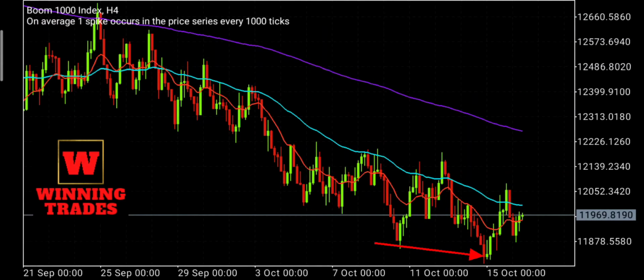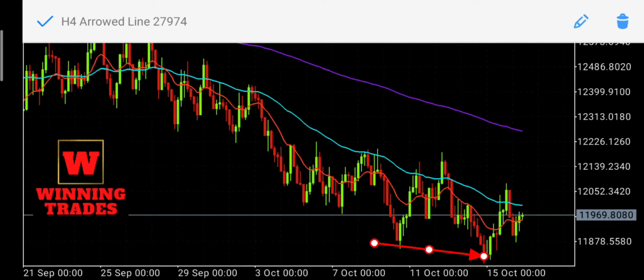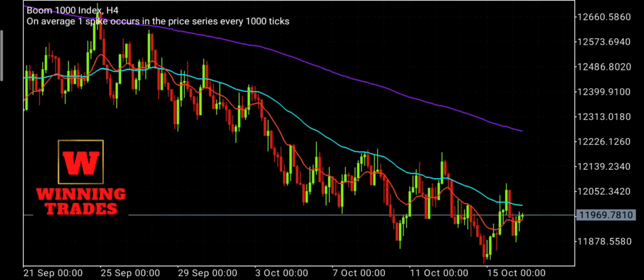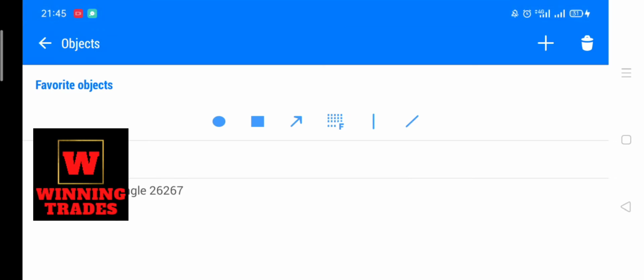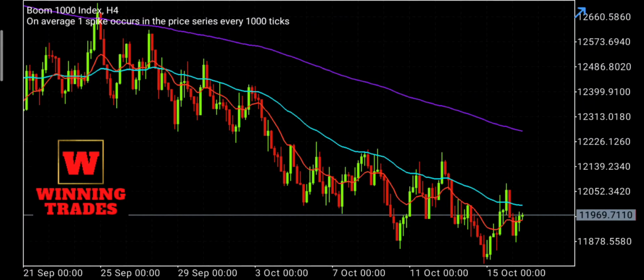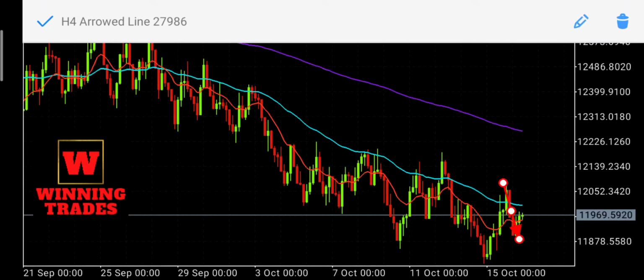You can see what price is doing. A morning star formation that took the price up. Price came back, has not broken lower yet. So currently,